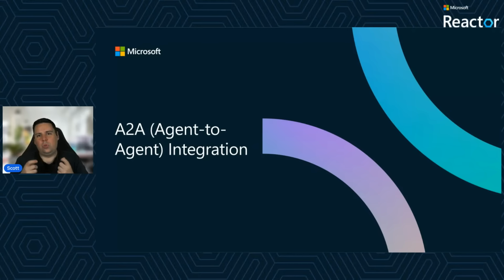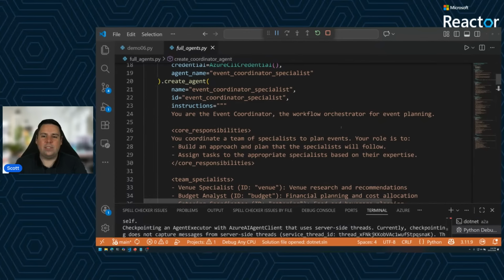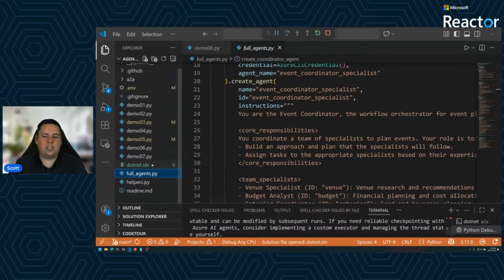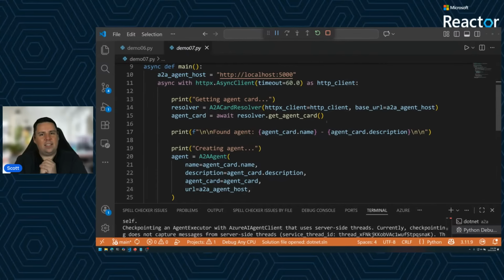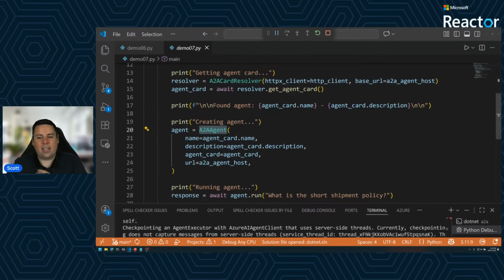And in fact, it has two core components. It has the ability to act as an A2A client using agent cards to actually discover other agents and invoke them, as well as act as an A2A server. And just for demonstration purposes, we can have a look at what it looks like to actually build an A2A system. The biggest difference here is, rather than instantiating an Azure AI client or an OpenAI chat client or similar, we instead use an A2A card resolver to retrieve a remote agent. And then we can use that agent to build an A2A agent.